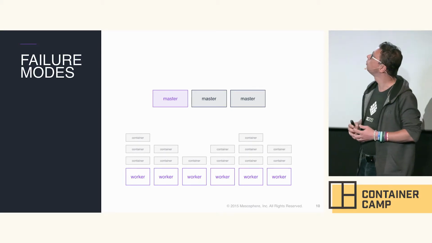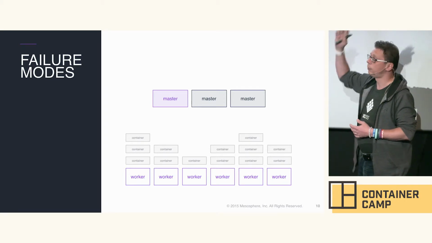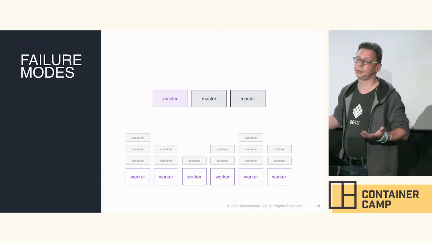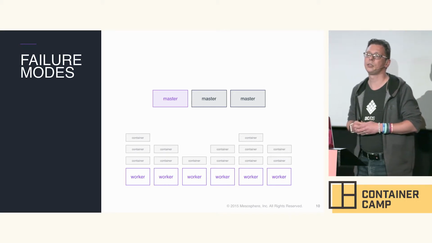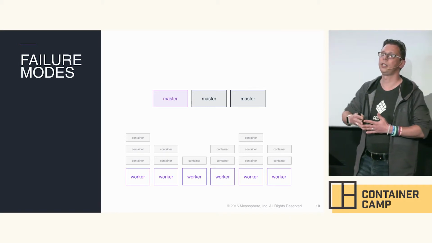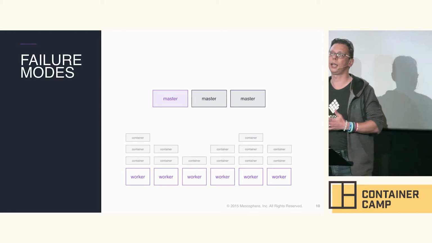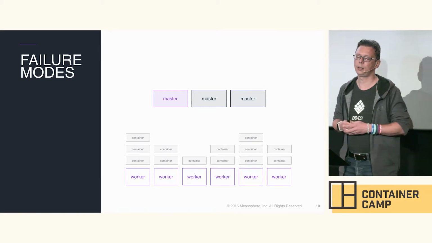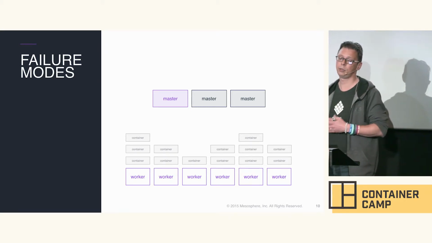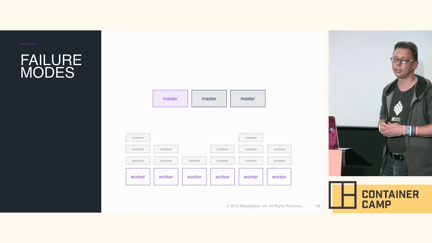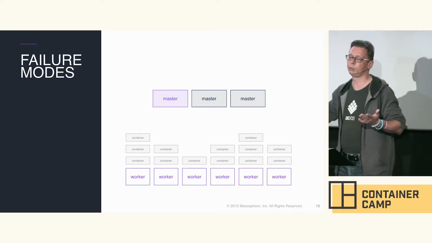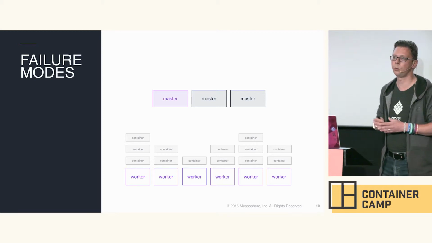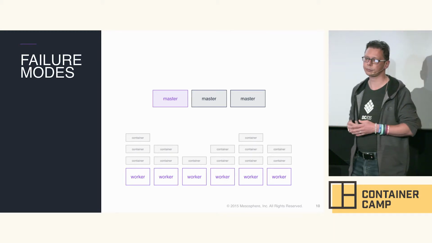Let's have a look at an example. Let's say you've got 3 masters, and you kill, for example, the active master. So you say, for the time it takes until a new master is elected, I expect that all of the running tasks continue to run, if they are long-running tasks, and I want to be able to submit or create a new service or task within 5 or 10 seconds.